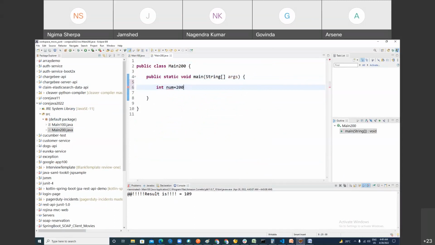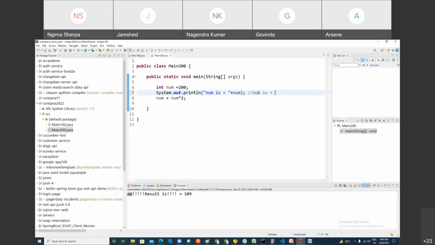Yes. Then what we are doing? I'm saying, hey number, I want to multiply with 2, right? Whatever result is coming, I am assigning back to num. Earlier it is 200, right? Now it will start from the right side. Number into 2 is 400, and 400 you are assigning back to number, right? So here, if I print the number value, what will the output be? "Number is" plus num. So here the output is